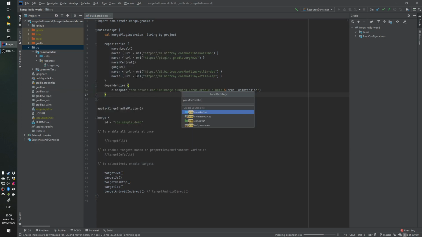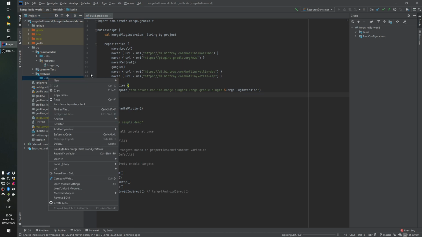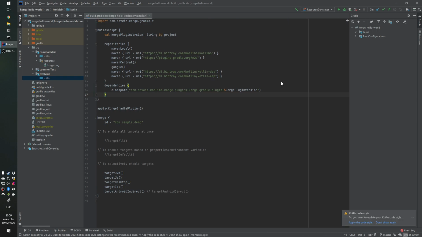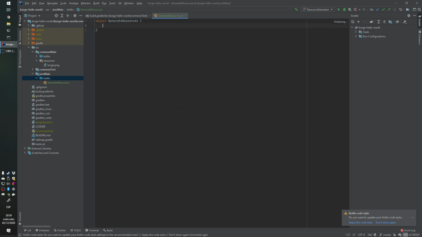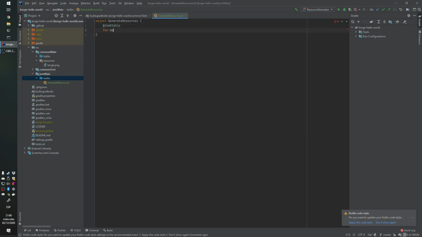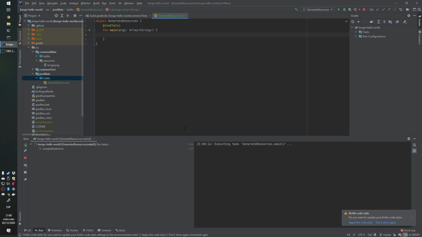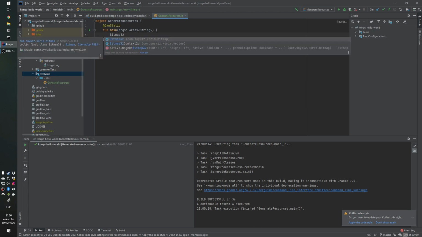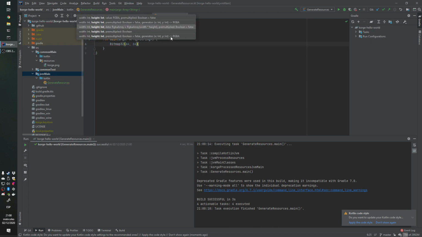So I'm going to create a JVM class here that I can run. This is not going to be part of the game itself, but only for generating the resources. So I'm going to create a main here that I can run by using IntelliJ, and I'm going to create a 64 by 64 bitmap,